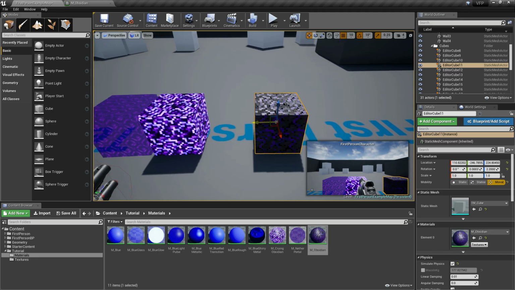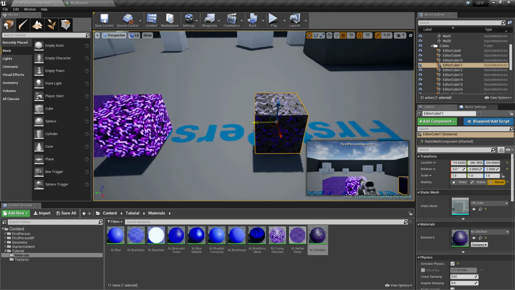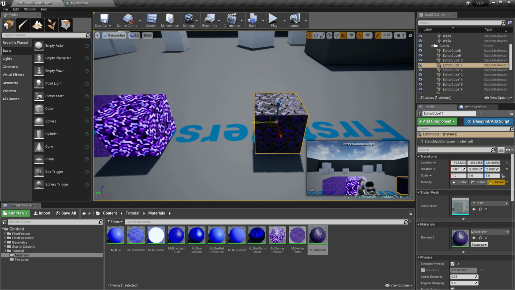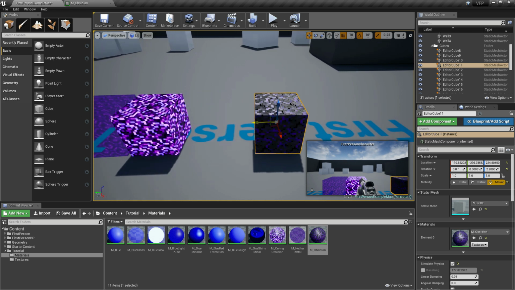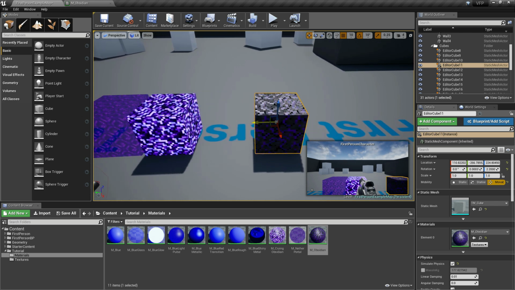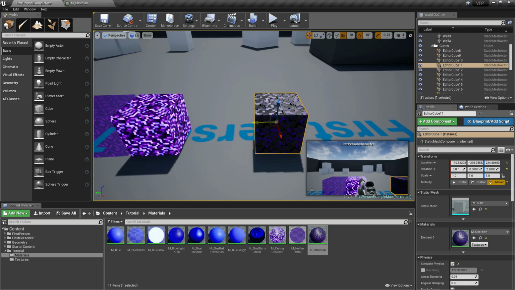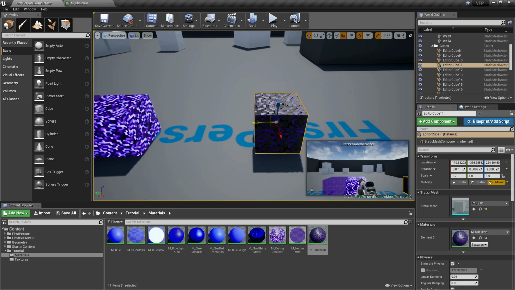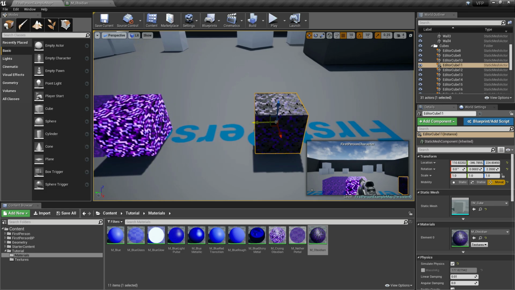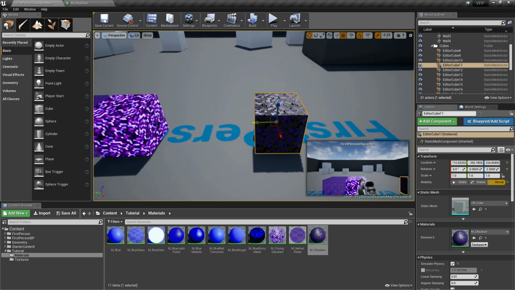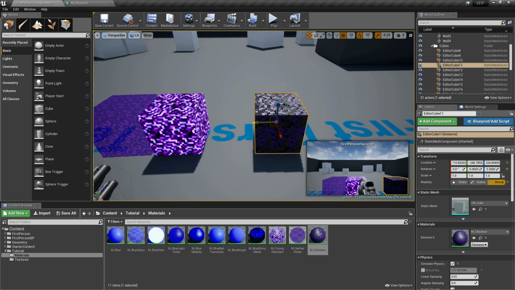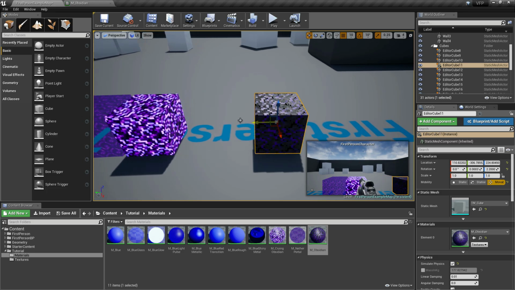And as you can see, when we move the object, its texture remains intact. Its texture will be fixed on its world coordinate. No matter how we move the object, its texture remains on its world space.